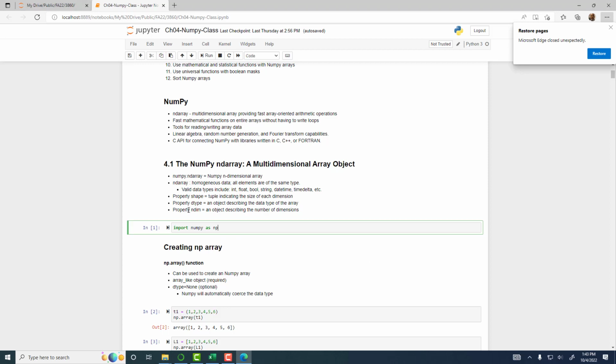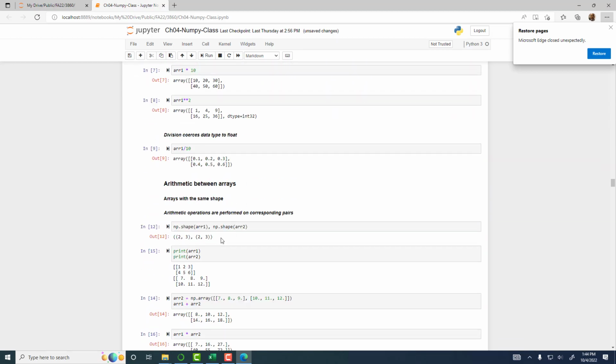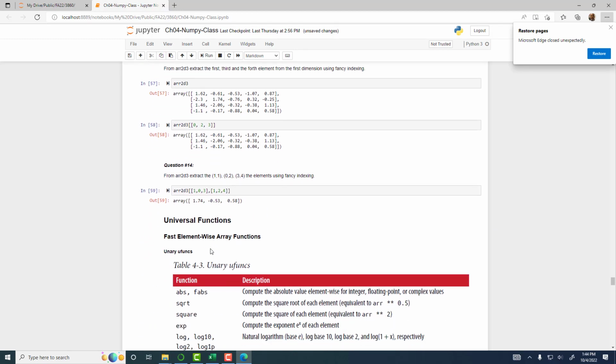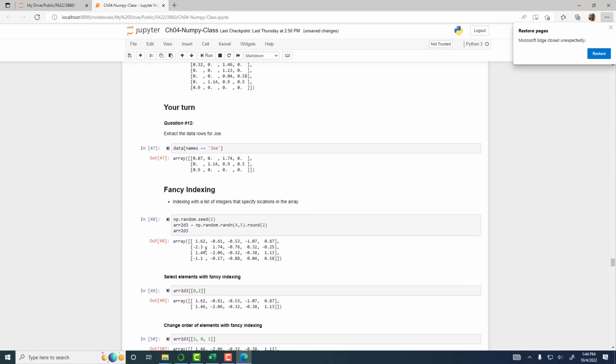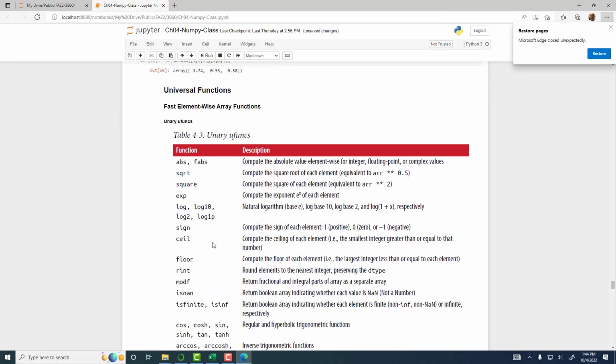So first thing first, we have to run import numpy as np. Make sure that you run that line of code. Okay, so now the last thing we talked about was universal functions. Okay, and I just want to